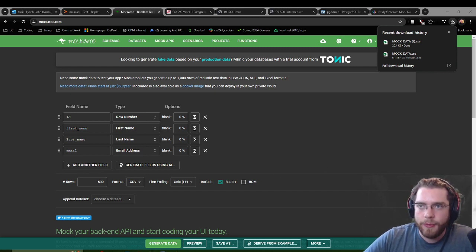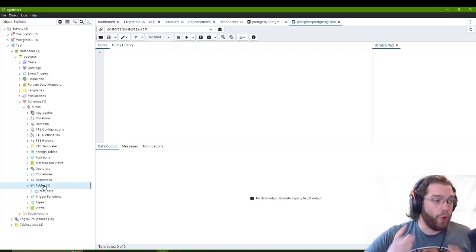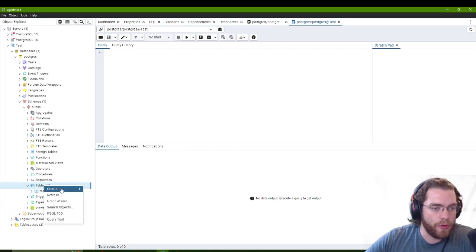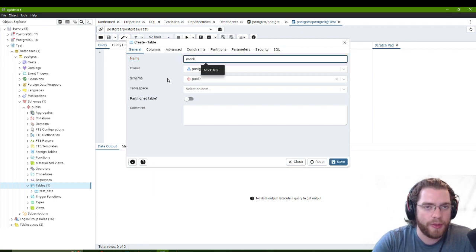So on my desktop, I have this CSV file, mock data. I'm going to go back into my pgAdmin. And now what I want to do is create a table that holds that data for us. Okay. So I can go to create and table. Now, when you're doing this by yourself through pgAdmin, it's a bit more manual, but I'll just type out